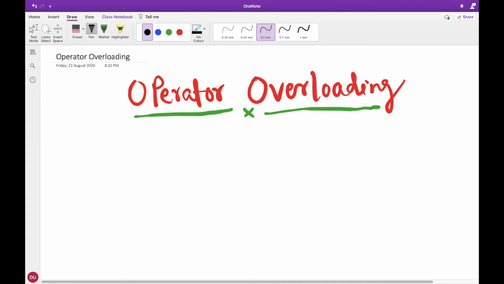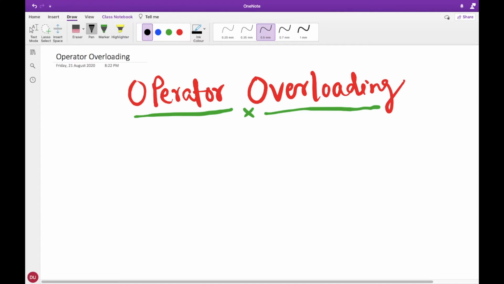In the previous tutorial we discussed friend functions, and now it is time to apply them to implement operator overloading. Using this process we are going to learn how we can use C++ operators to work with class objects. So what does it mean?